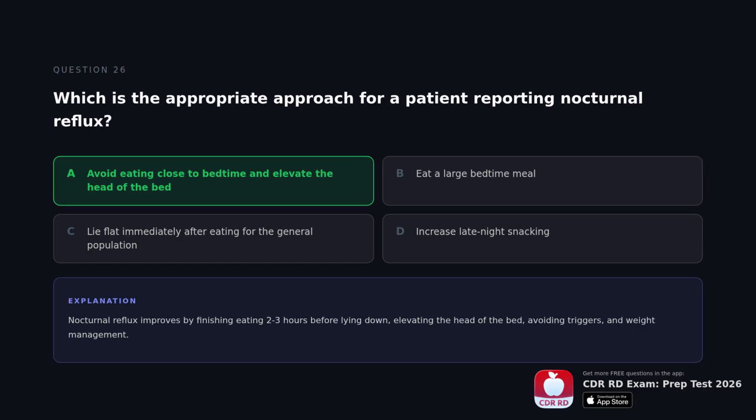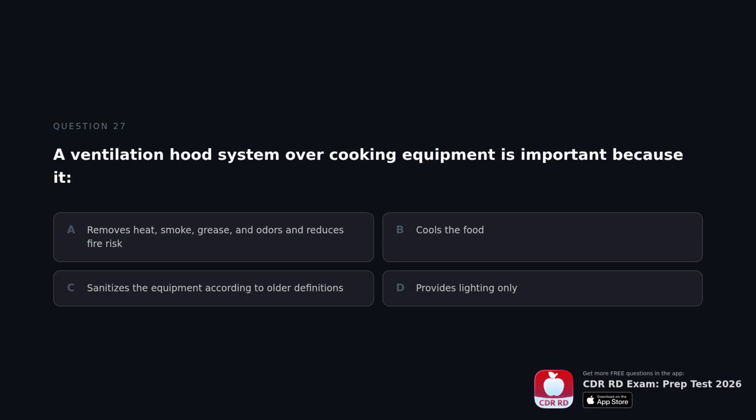The correct answer is avoid eating close to bedtime and elevate the head of the bed. Nocturnal reflux improves by finishing eating 2 to 3 hours before lying down, elevating the head of the bed, avoiding triggers, and weight management. A ventilation hood system over cooking equipment is important because it